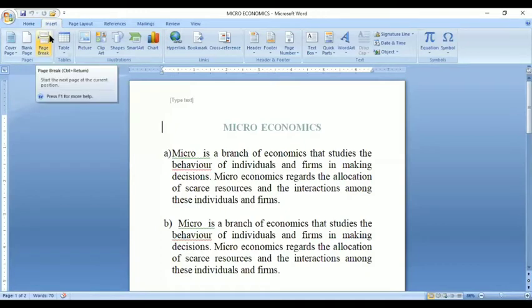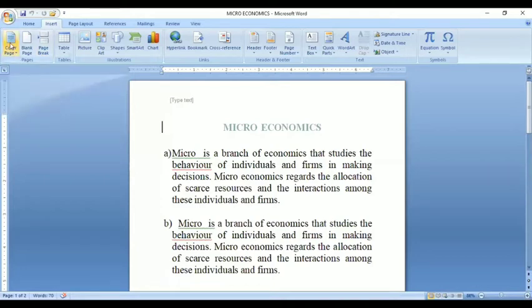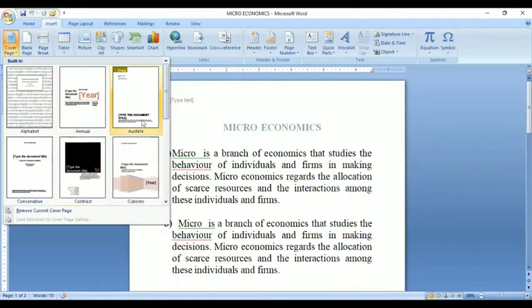In Insert, the first one is cover page. For example, if I click cover page, you have options here. Suppose you are going to create a book cover, or a magazine, the first page you want to create.